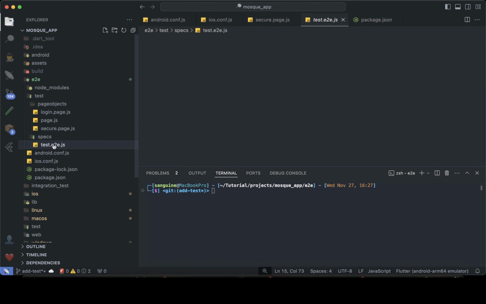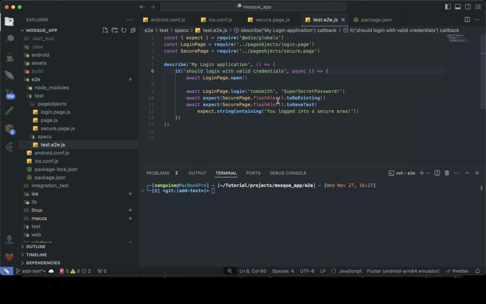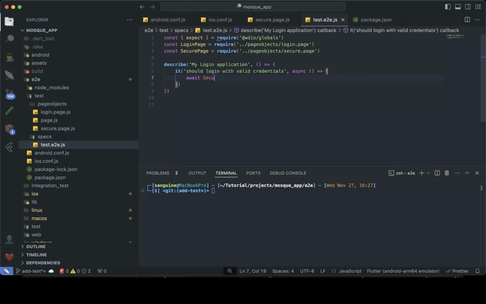So we get into the test page and we remove all of this because we don't need it. So we just put in secure page and click prayer times button. So you can say my prayer app, right? I should be able to